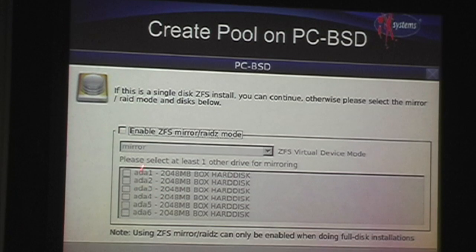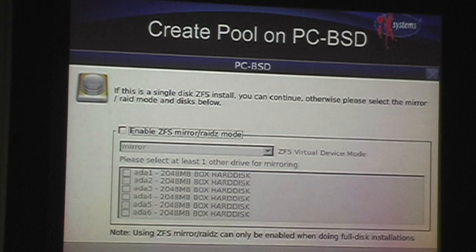example, I did this in VirtualBox, so I made a whole bunch of virtual disks. And I have a choice of either just installing on my primary disk, or I can take advantage of other disks. So if I wanted to create either a mirror or a RAID Z, I would check this box. At that point, this drop-down menu will stay grayed out until I start selecting disks. And as I select disks, it will give me a note down here saying what it's optimized for, and it